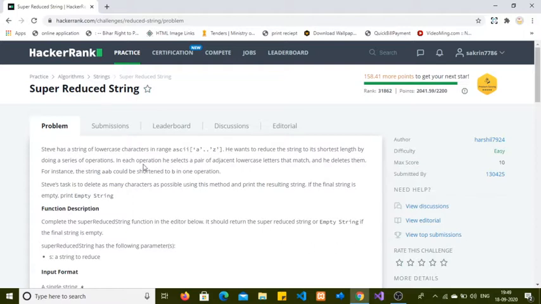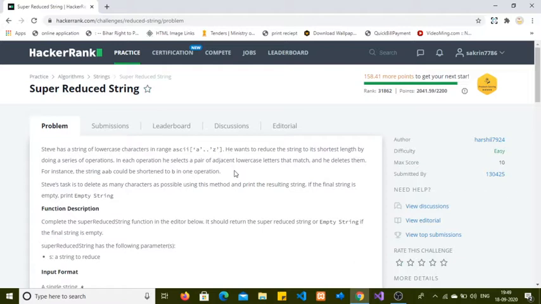Steve has a string of lowercase characters in the ASCII range a to z. Small case, all the string will be in lowercase. We want to reduce the string to its shortest length by doing a series of operations. In each operation, he selects a pair of adjacent lowercase letters that match and deletes them.